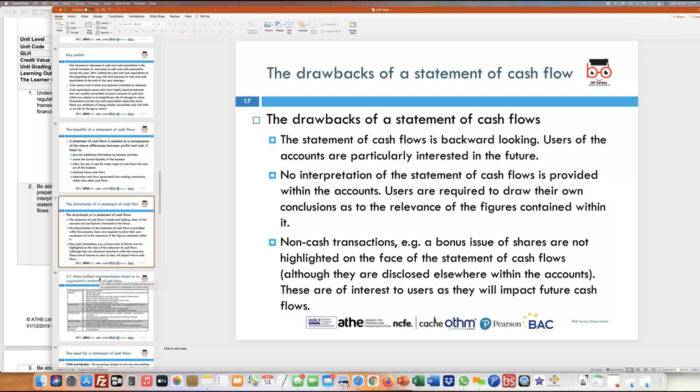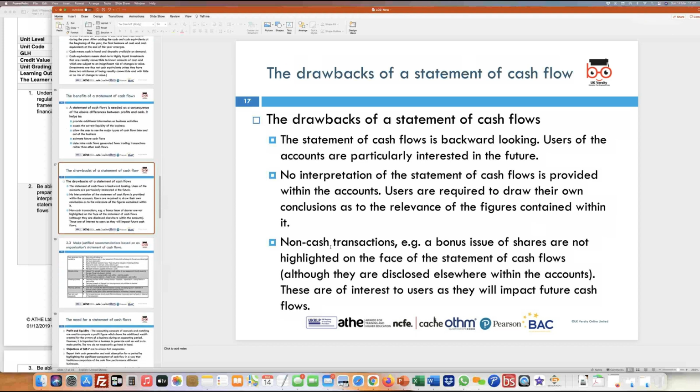It explains things like who the major contributors of income coming into the business are, and where the estimated cash flows are going. And in terms of the drawback, we look at the fact that some of these statements tend to be backward looking,